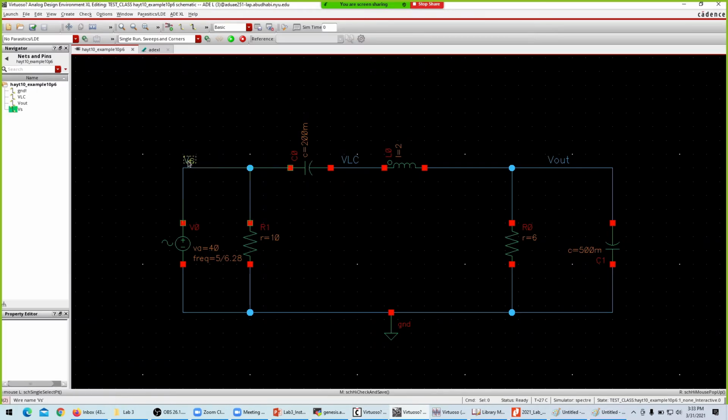Okay, the voltage, yeah, now it has selected. So I would like to know VS, I would like to know V out, I would like to know VLC. Now I would also like to know the current through R1, the current through R0, the current through the capacitor, and now